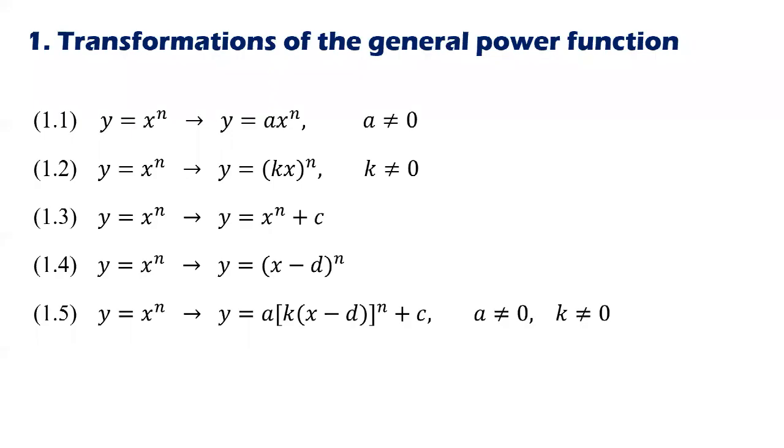All right, so we're going to talk about the following 5 transformations for a given general power function. First, we're going to see if we put a factor here in front of the whole function, what will happen? So what can we get from the original function to the function with a new coefficient a here? Next, we're going to see if we put a coefficient before the x here,